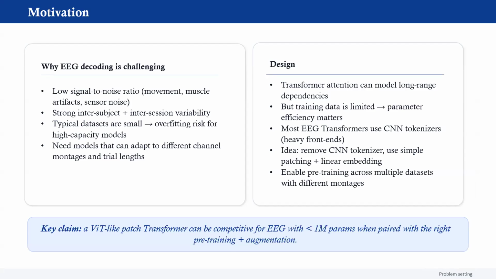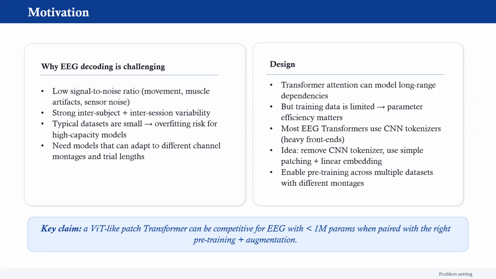Okay, so I think we can get started with understanding why EEG decoding is challenging. EEG decoding comes with a few hard constraints that show up in almost every real data set. The first is the low signal to noise ratio. Neural activity is often mixed with motion artifacts, ocular artifacts and sensor noise. Secondly, the data distribution can shift a lot, both across participants and across sessions for the same participant. So a model that looks very strong within session can often degrade when we test on held out sessions for